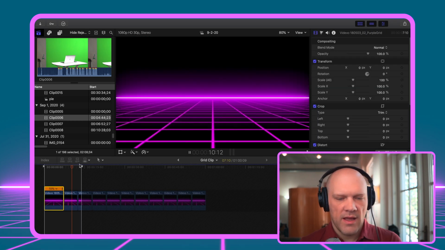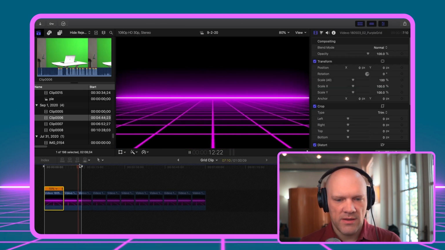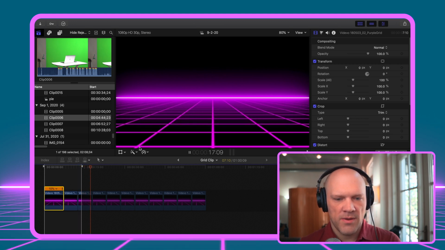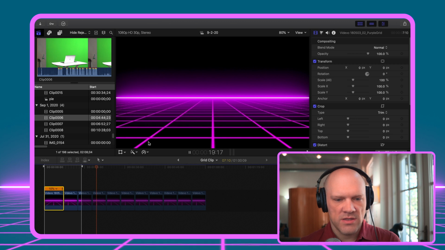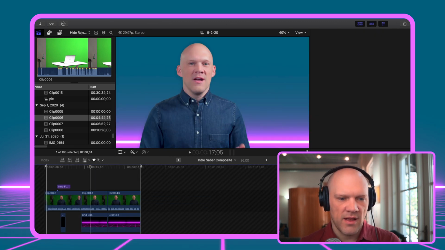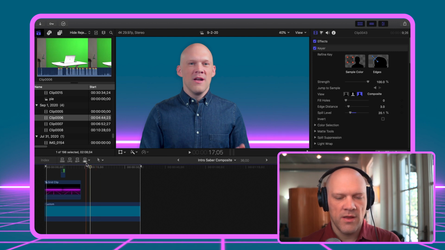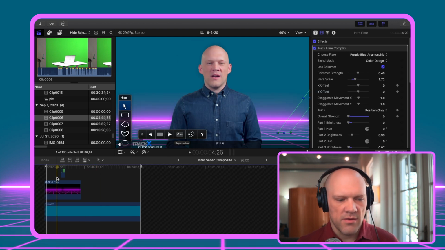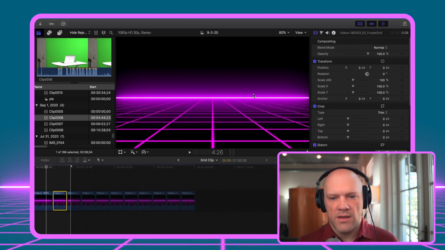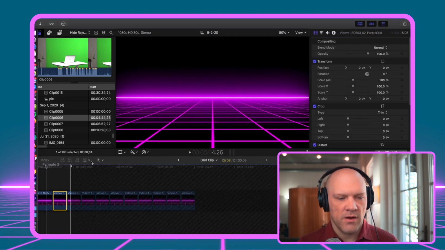I slowed it down and I had an issue with it looping. It didn't loop perfectly. So what I did was I brought it in and created a compound clip, and I had to kind of just line up so when these lines pass and the next clip starts, that it looks pretty smooth. Once I layered the color of this bluish color that we were using along with the grid, I was like, this is perfect. This is exactly what I was looking for.